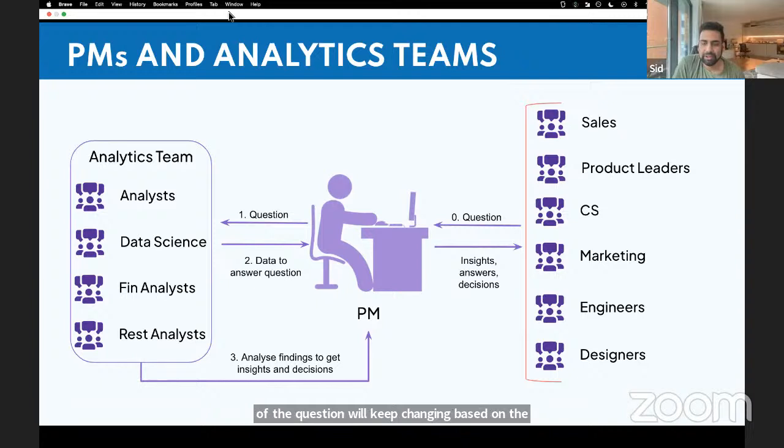Should a PM have skills on databases to do the analytics? The ideal answer is that it is not a requirement. If you do have that skill, it is definitely a bonus. It just makes things easier. You might be able to do a lot of analytics on your own rather than waiting for the analytics team to get back to you.